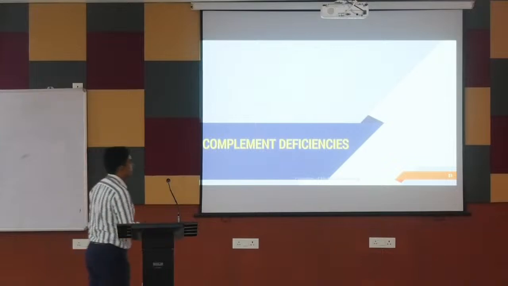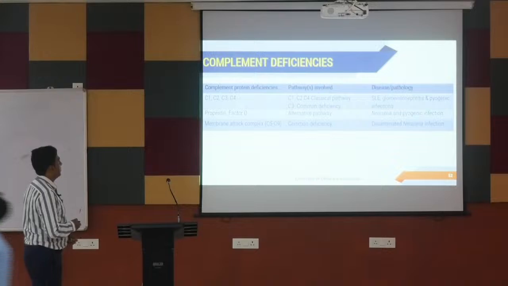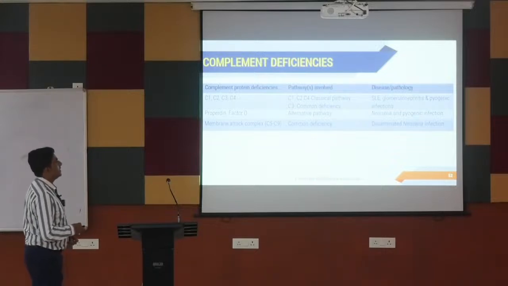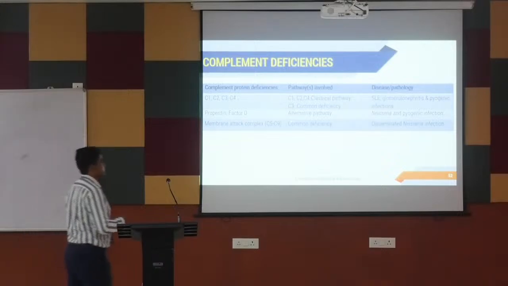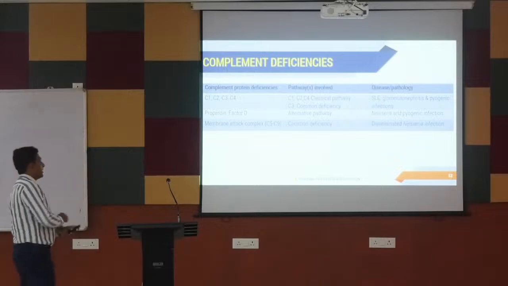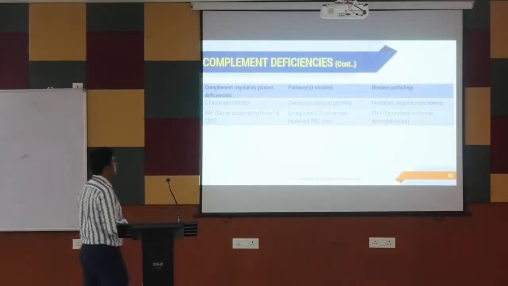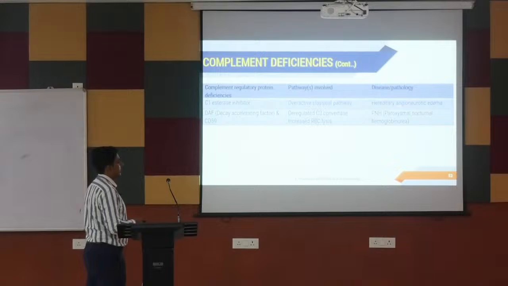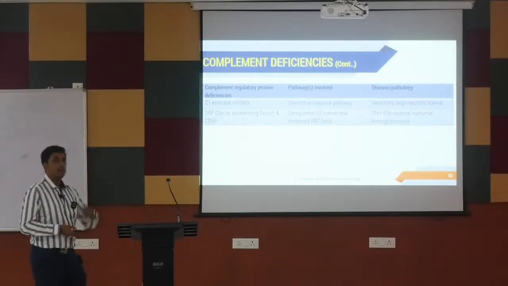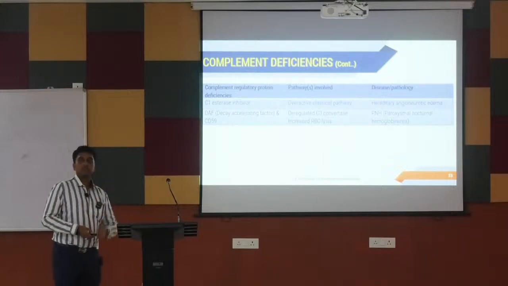এবার কমপ্লিমেন্ট ডেফিসিয়েন্সিস গুলো হলে কি কি হয় সন্দীপ? দেখি আমরা। C1, C2, C3 না এই চারটে প্রোটিন না থাকলে SLE, glomerulonephritis and pyogenic infection হয়। প্রপার্টিন আর ফ্যাক্টর D না থাকলে অল্টারনেটিভ পাথওয়ে ইনভলভ হচ্ছে, নাইজেরিয়া আর পায়োজেনিক ইনফেকশন হচ্ছে। মেমব্রেন অ্যাটাক কমপ্লেক্স যদি ফর্মেশন না হয়, কমন ডেফিসিয়েন্সি ডিসেমিনেটেড নাইজেরিয়া ইনফেকশন হচ্ছে। C1 এস্টারেজ ইনহিবিটর না থাকলে ওভার অ্যাক্টিভ ক্লাসিক্যাল পাথওয়ে হচ্ছে হেরিডিটারি অ্যাঞ্জিওনিউরোটিক ইডিমা। একদম কোনো কিছু একটা জাস্ট কিছু অ্যালার্জিক র্যাশ মতো হলেই সবসময় তাদের এরকম অ্যাঞ্জিওনিউরোটিক ইডিমা হয়ে যায়।